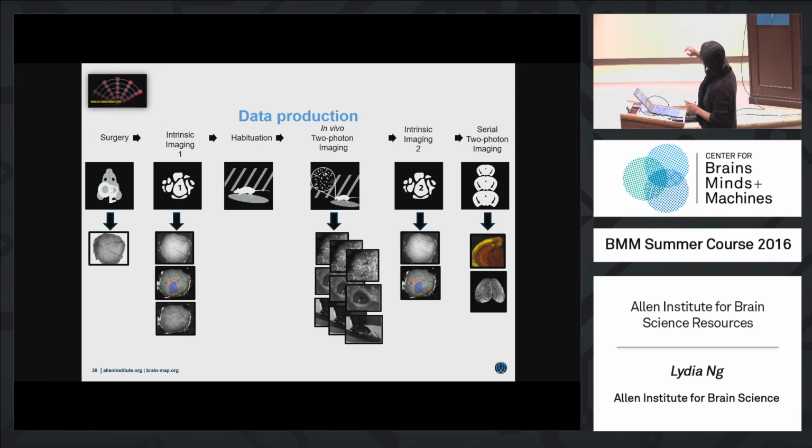So then the last step for the mouse in the pipeline is to actually go through two-photon imaging. It's the same system that we use for the connectivity data, so that we have this nice 3D model of the brain. That's important because with this big data set, what we're looking for in our volumetric data set is surface vasculature. So we have to have good imaging and also not a whole lot of deformation, because then we're going to take the data set and just look at the surface,